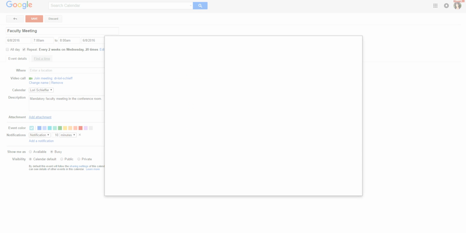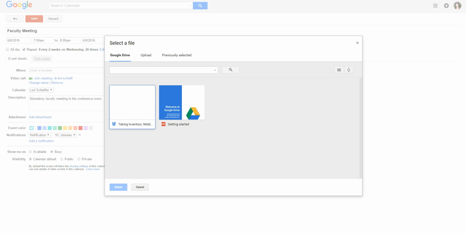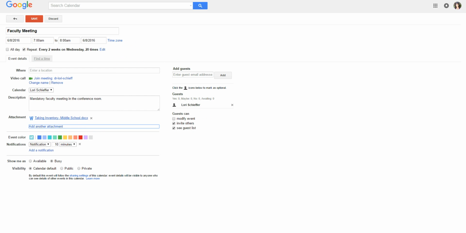So you click Add Attachment. And now, remember in the earlier lesson, we included that worksheet into our Google Drive. So any of the information that you've put into Google Drive, you can attach right here. You can also go up and upload your agenda. But let's go ahead and select that worksheet, and now it's going to be there. You'll always want to choose Save,